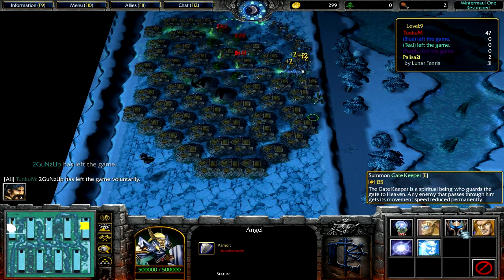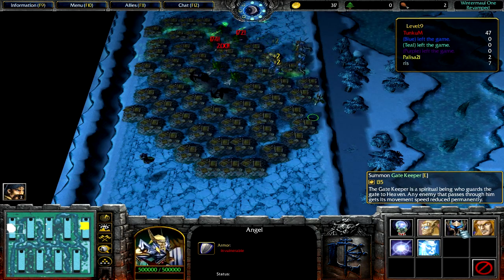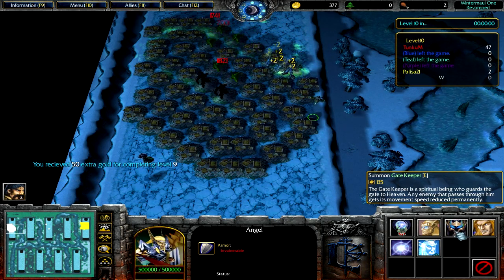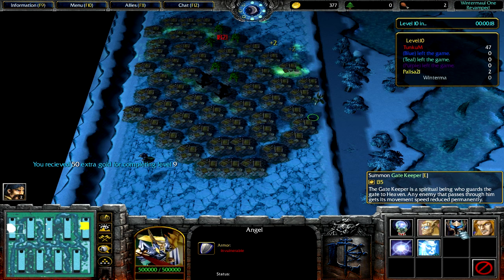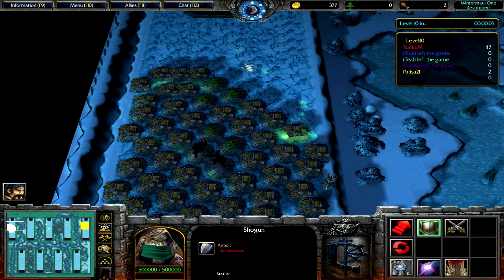This guy over here, an angel. It's a pretty special tower. These actually stack, so you don't need to just get one of them. The gatekeeper reduces movement speed of people that pass by him, but he does it in a big stomp every few seconds, so you want people to be around him for as long as possible. So how I like to do this,